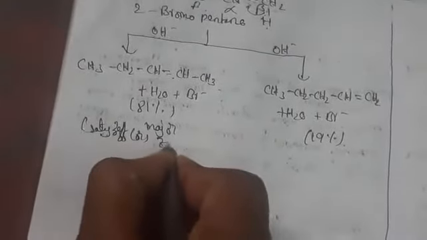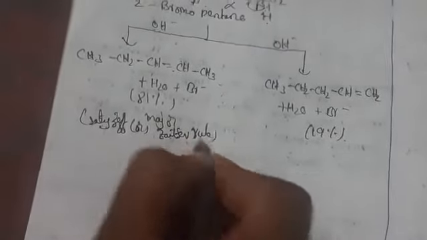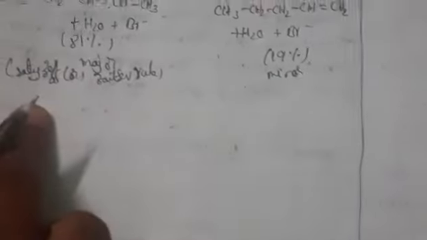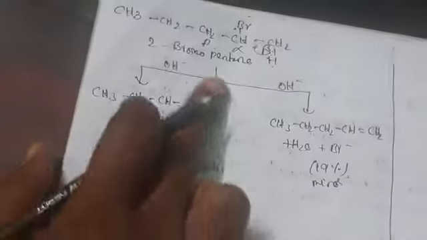Saytzeff or Zaitsev rule. So this is the minor product. The Saytzeff or Zaitsev rule is nothing but what? Wherever the substituent is, here the alpha position is substituted. If you have seen, on that side only the double bond is forming. So wherever the substituent is present, if it is present as a double bond, that one we call the Saytzeff rule or Zaitsev rule.